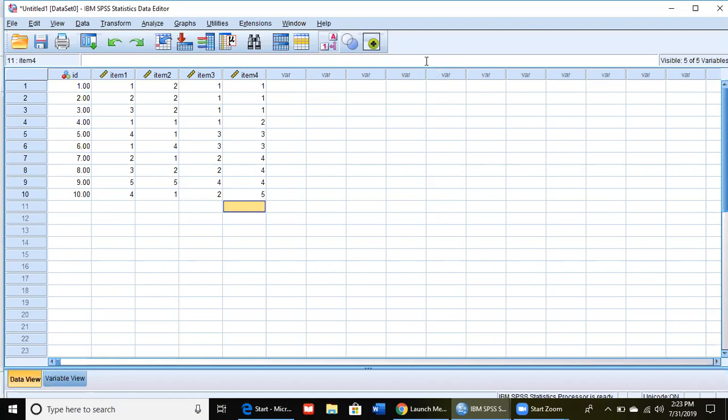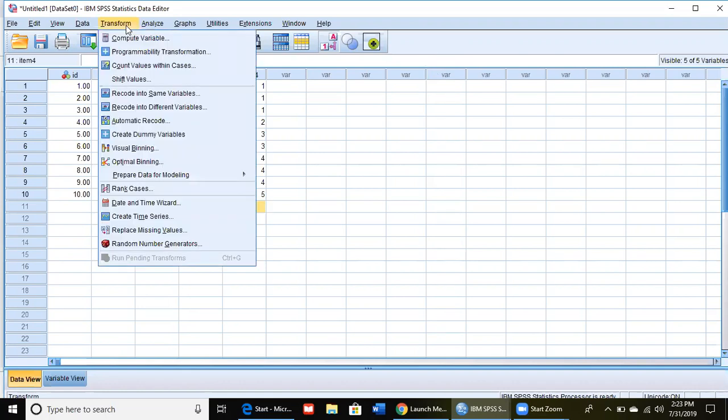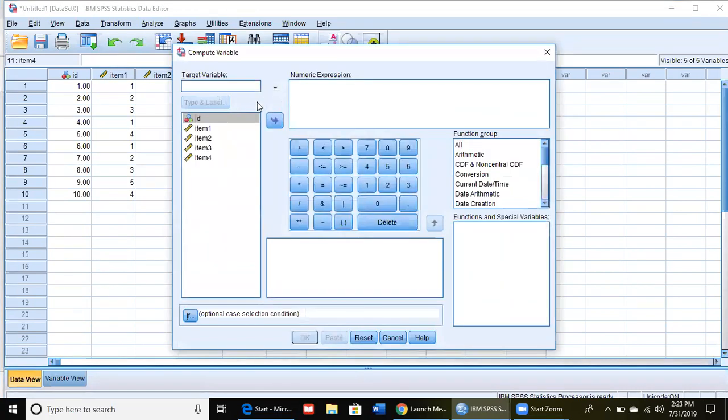So if we do the average, what you would do is create a new variable under Transform, Compute, and let's call this total score. Let's call this average score. That would make more sense to call it average score. And then you're going to put,